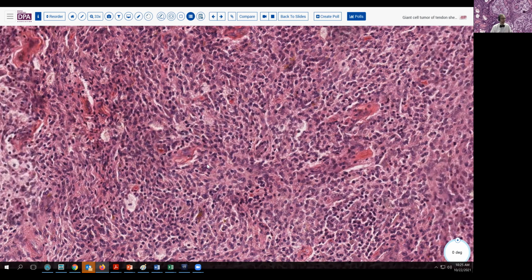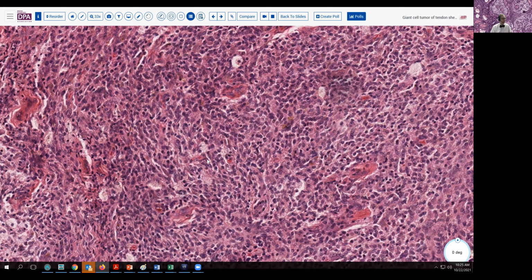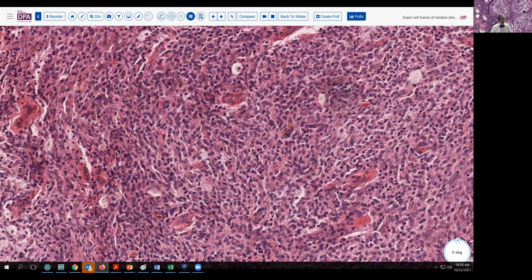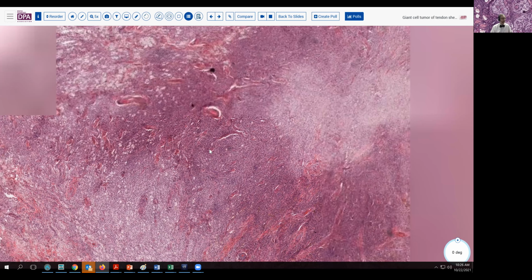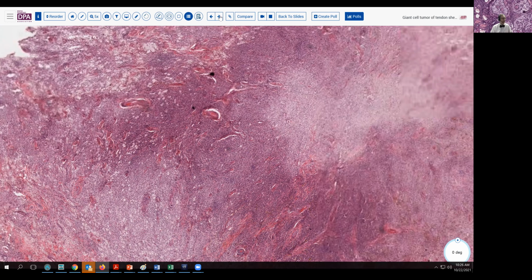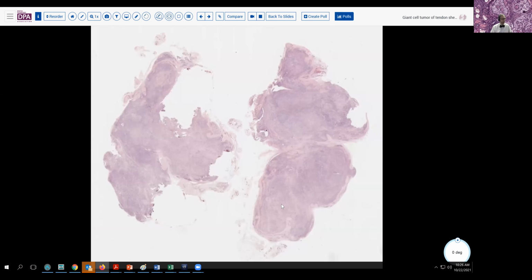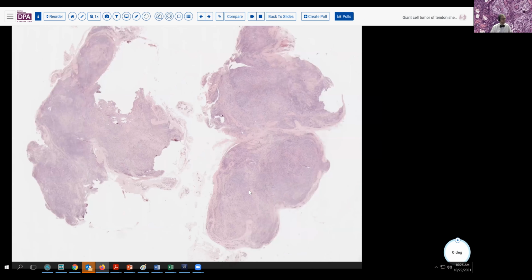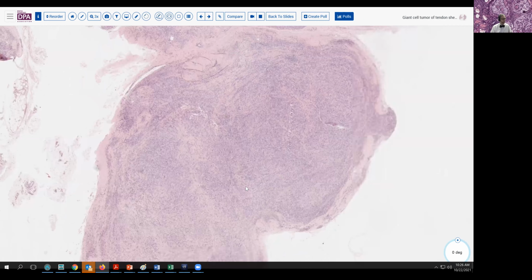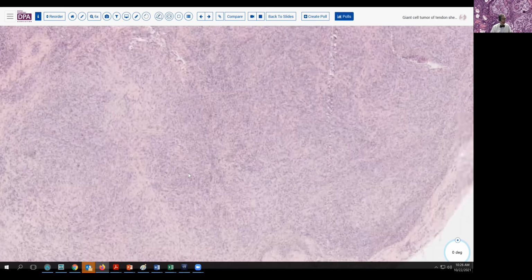So just to get a feel for the spectrum, here are relatively few giant cells in this case, a mixture of histiocytes and other cells. Another example, from a different laboratory, with different staining characteristics, very pale looking because of the nature of their H&E stain. And we don't see the pigmentation here. So that's a variable feature, but as we come in here, I think you'll begin to recognize the pattern,